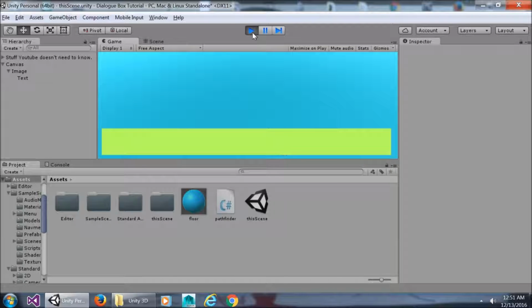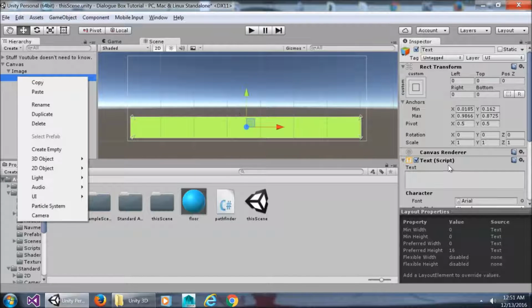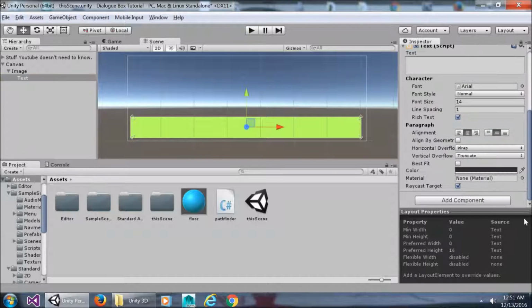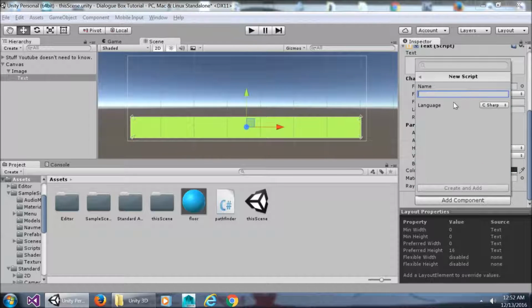Let's double check just to see how our guy's doing. He's taking a little walk. He's got a green bar up here, so we'll say this is his thoughts, right? Well, what is he thinking about? Well, we're gonna have to use programming to elucidate that. So let's call this maybe